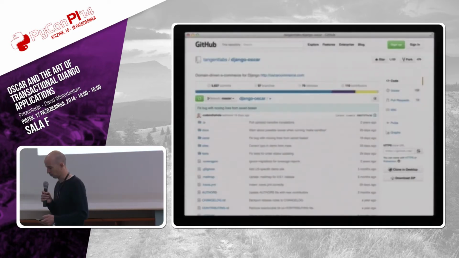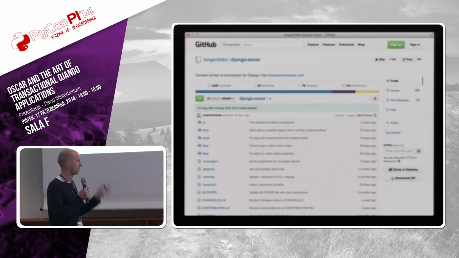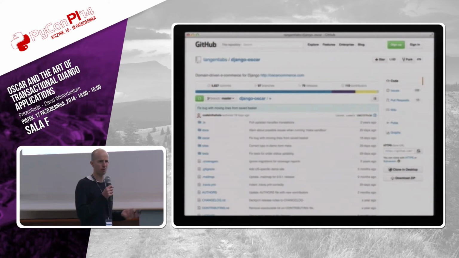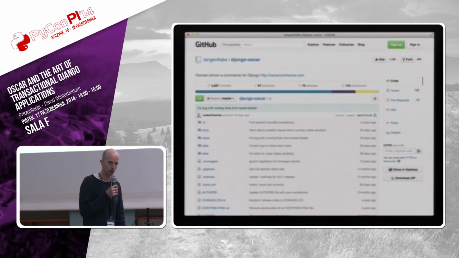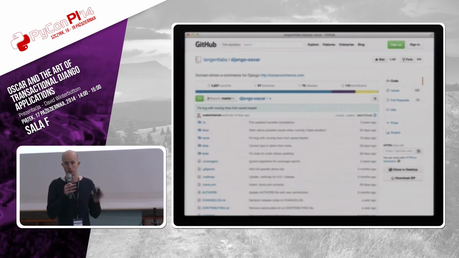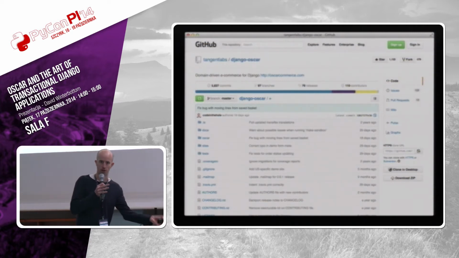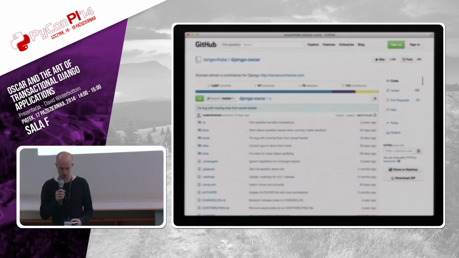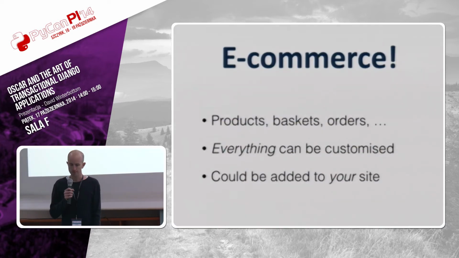And it's on GitHub. We've tried to follow the same trajectory as Django in a sense. It's BSD licensed. We copy the same structure they use for their docs and all kinds of things. And there's something else I'll talk about a bit later. And it's got quite popular. I think it's probably the most popular piece of e-commerce software for Python, certainly for Django. And we've been trying to take it a little bit beyond the Python world recently. We've been to some expos and spoken to people who previously would have gone straight down the PHP line with Magento or EasyCart or something like that. And yeah, we've had some success there. It's been encouraging.